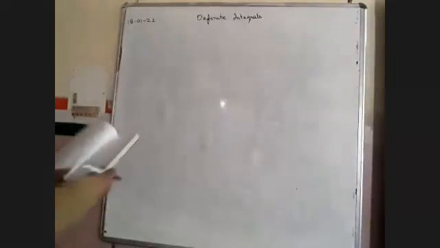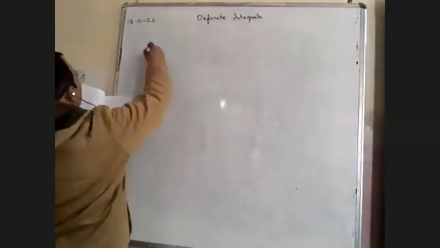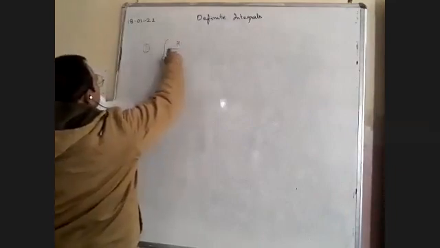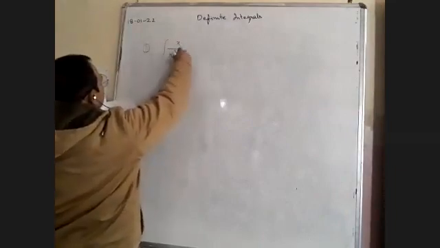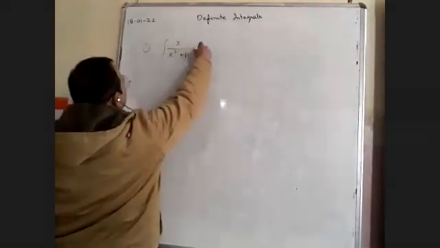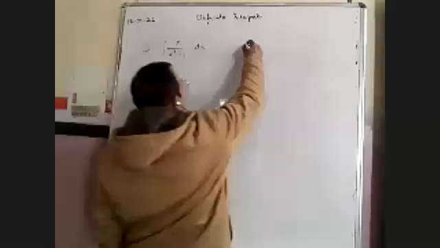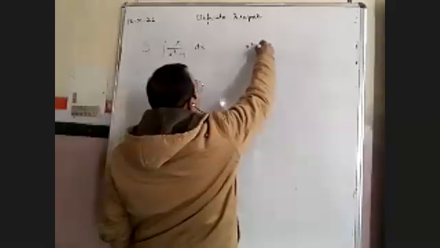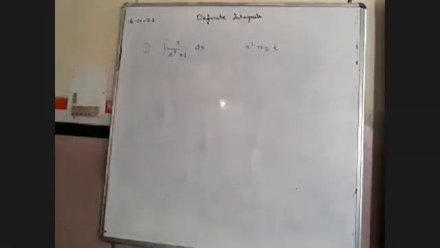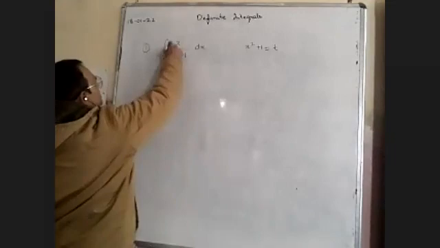If you just see the question, first question. Method is exactly the same, x square plus 1, but they have a substitution method. Suppose you put x square plus 1 is equal to t. We have done this in the last exercise also, but we integrated directly without substituting. If you want to substitute, you have to change the limit also.